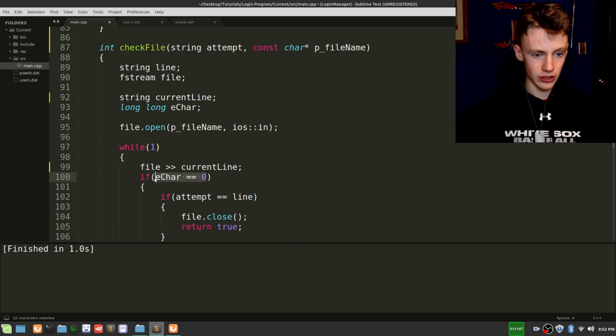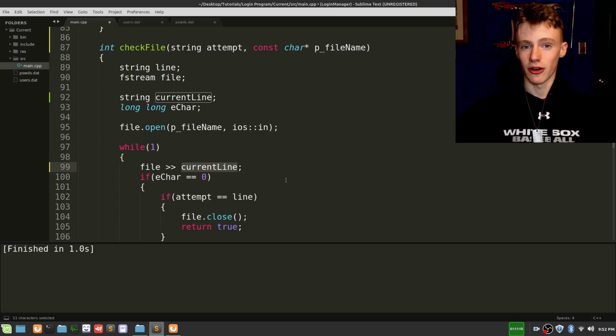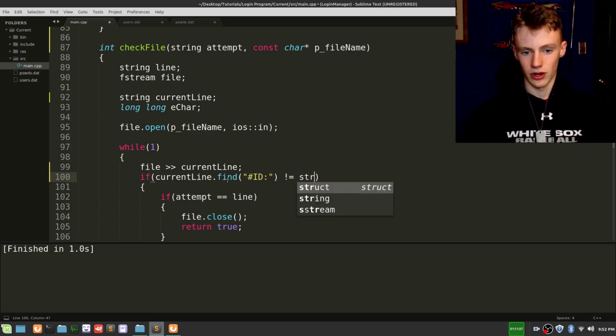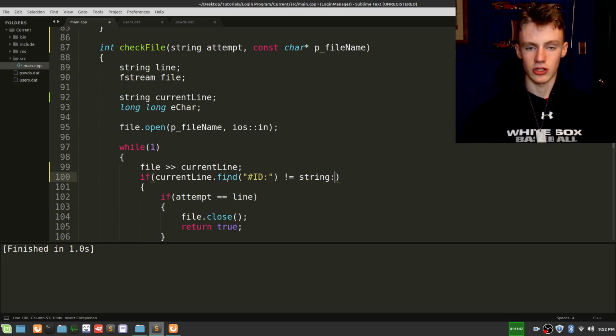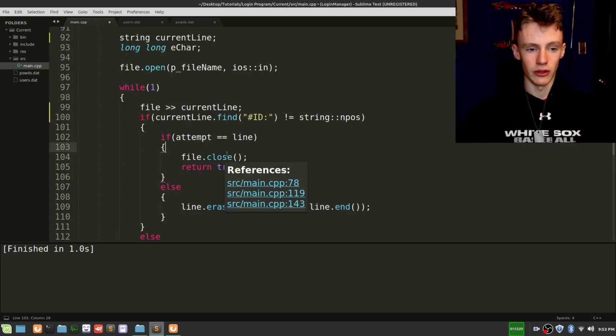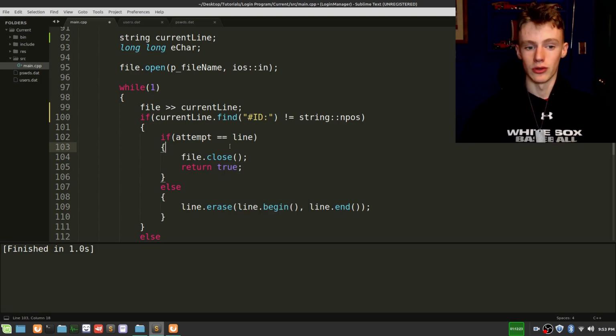Now we no longer need to test if eCar is equal to 0. Instead, we test if our current line has the characters hashtag and then ID in it. So let's go if current line dot find, and then we're going to look for hashtag ID colon. So if we do find that, which means it is not an invalid position where we found it, string, and then string and then n pause. Then we're going to check if attempt equals line. If attempt does equal line, meaning the file does contain that attempted password or username, then we're going to close